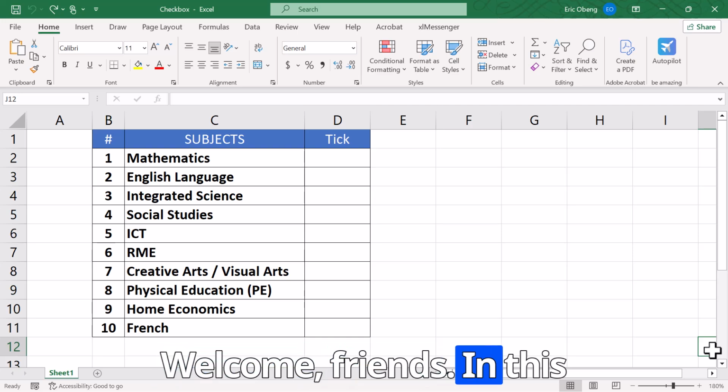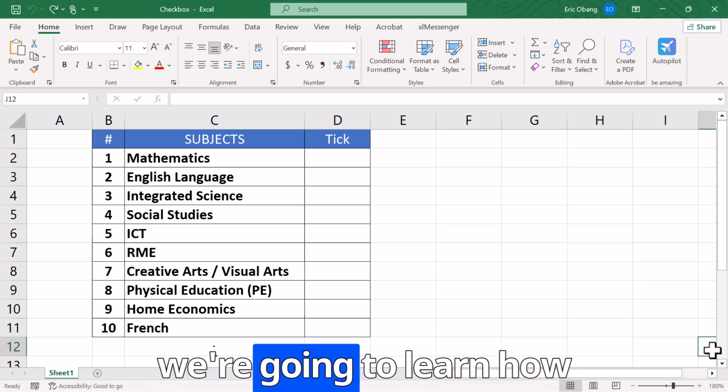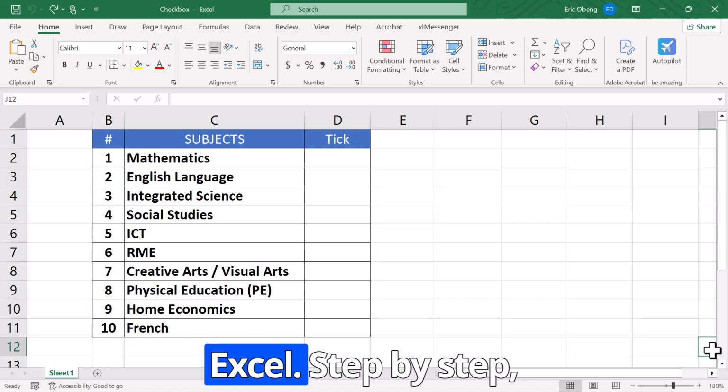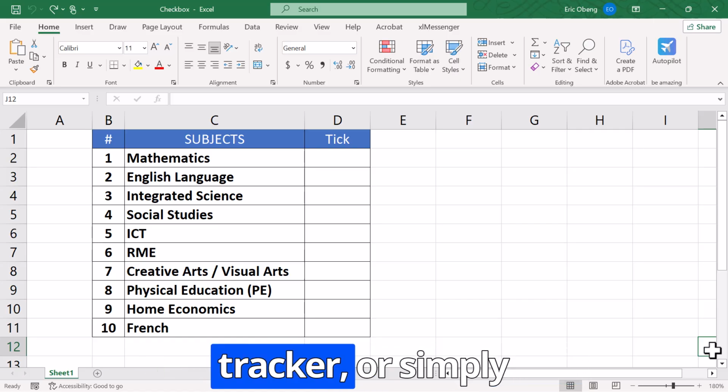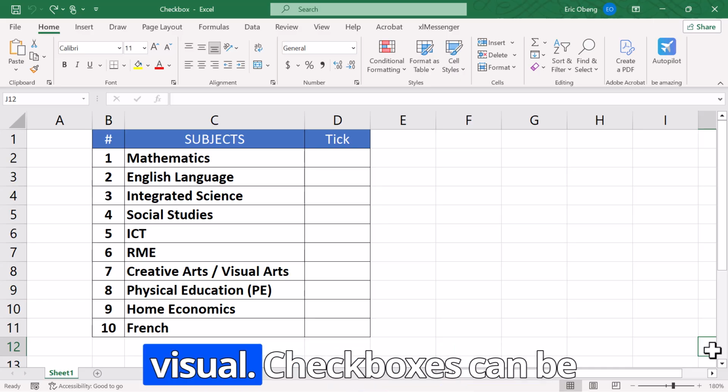Welcome, friends. In this quick and easy tutorial, we're going to learn how to insert a checkbox in Excel, step by step. Whether you're managing a checklist, building a task tracker, or simply organizing your data visually, checkboxes can be